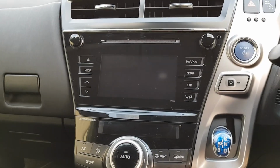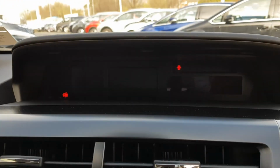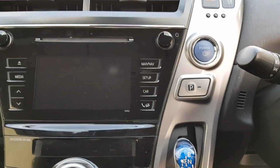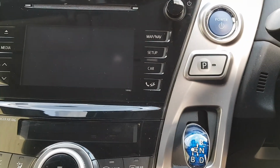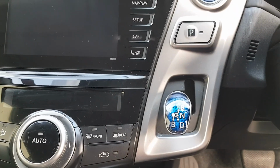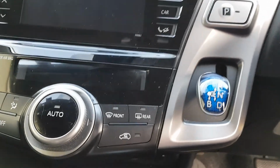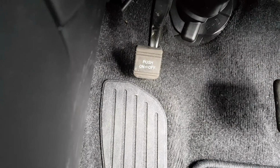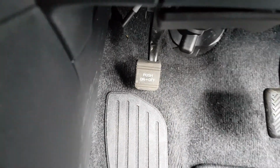Eight-inch touchscreen with your sat nav, push button start, push button handbrake, and your automatic gearbox there as well. Push handbrake,